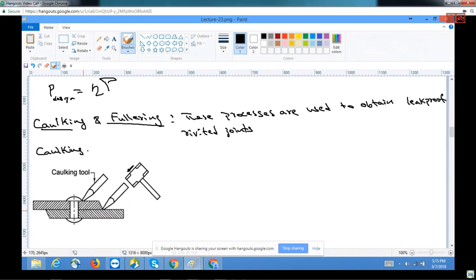By doing this, it will close the cracks between these metal surfaces, and that's how they try to prevent the leak. So the caulking process